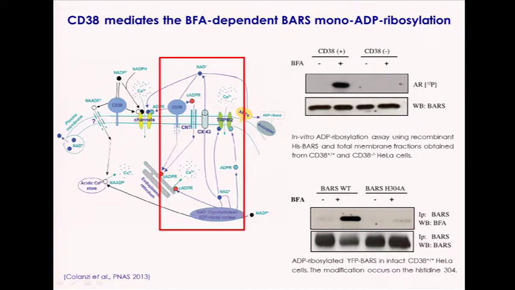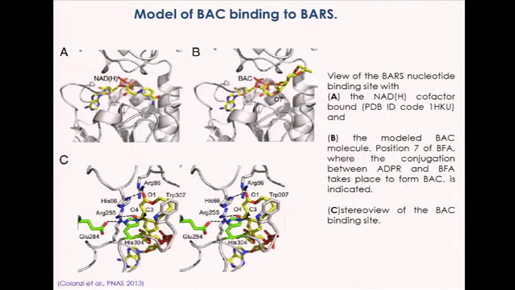So in a way similar to what happens with cyclic ADP ribose, CD38 catalyzes, in the presence of Brefeldin A, the formation of BAC, which then enters the cytosol and, very specifically and with high affinity, binds BARS. Okay, the enzyme necessarily needs NAD, of course. We have identified the residue that is formed and so on. I also will not go into detail here, but